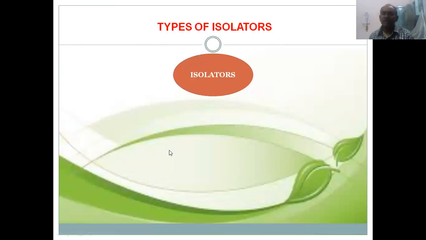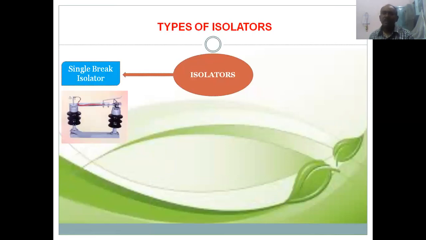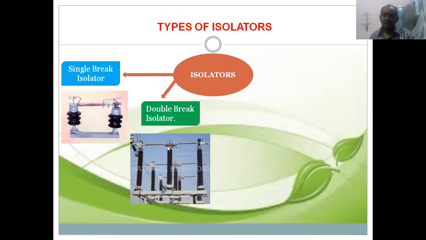Now, what are the different types of isolators? The isolators are classified based on their breaking. Already I mentioned the single-break system. Here the AB switch is nothing but an isolator. In the single break, what will happen? One is a fixed one, and there are male and female contacts. This is a female contact, this is a male contact. By rotating this one, it will open. This is a single-break isolator, and then there are double-break isolators, where the center is connected here.